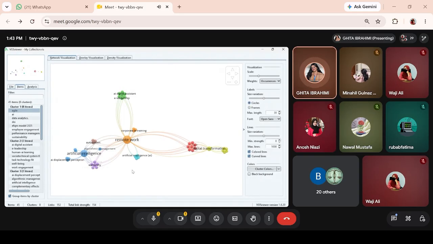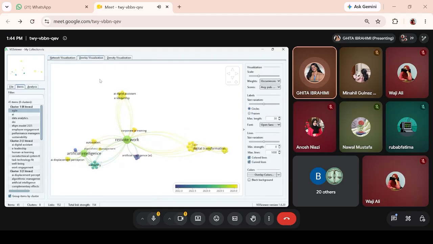So you will observe, for instance, that some terms like, for example, automation, digital transformation occupy distant but interconnected clusters, suggesting that the field is structured around at least two or three major research traditions that occasionally converge. This is your primary analytical output, and it should be the first map you interpret and describe in your results section. Second, we have the